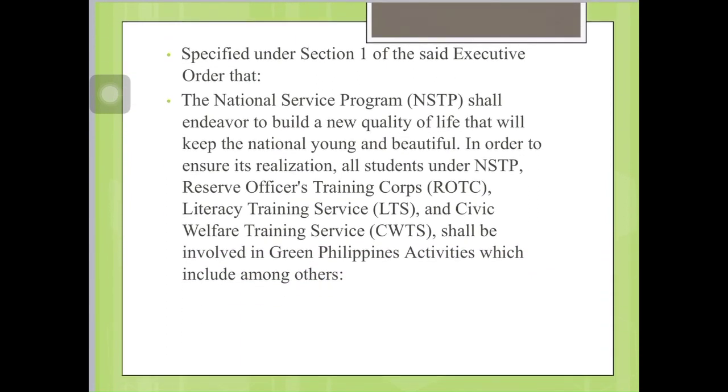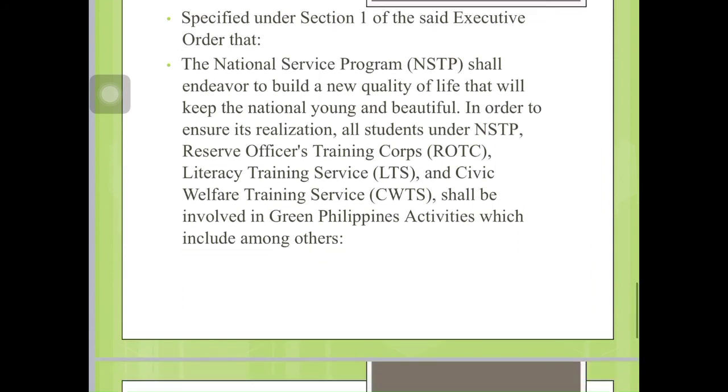Specified under Section 1 of the said Executive Order that the National Service Training Program, or NSTP, shall endeavor to build a new quality of life that will keep the nation young and beautiful, and in order to ensure its realization, all students under NSTP, Reserve Officers Training Corps, or ROTC, Literacy Training Service, or LTS, and Civic Welfare Training Service, or CWTS, shall be involved in Green Philippines activities, which include, among others,